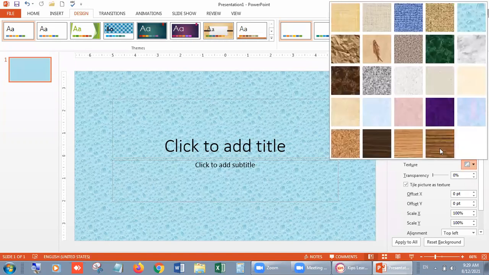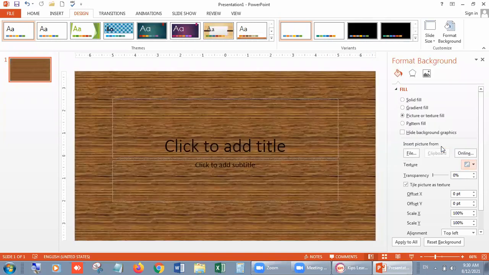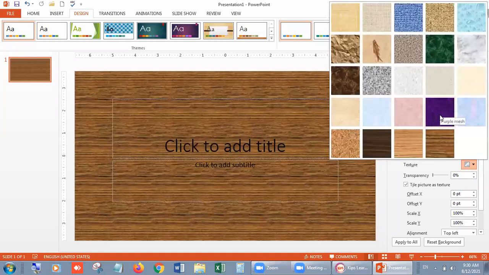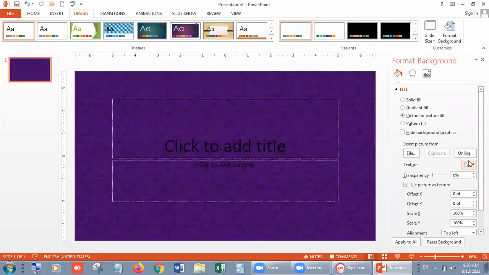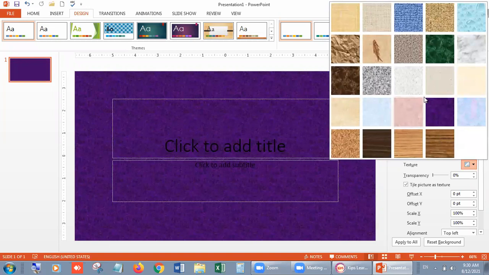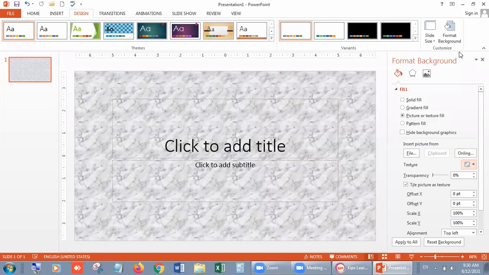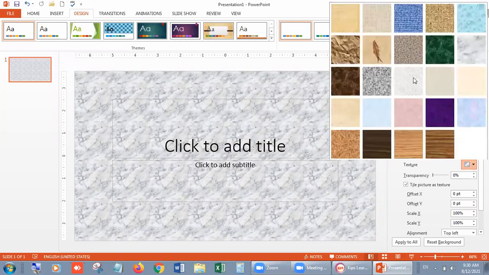After that, suppose you want to change it just like a mica on your table. You can change with it. It's blue marble. It's a light marble. Okay. There are so many options.